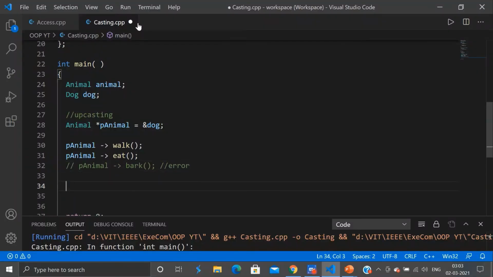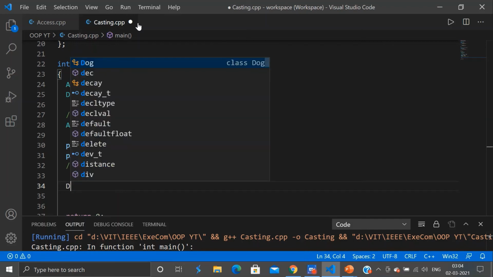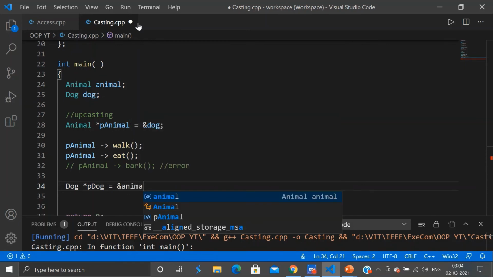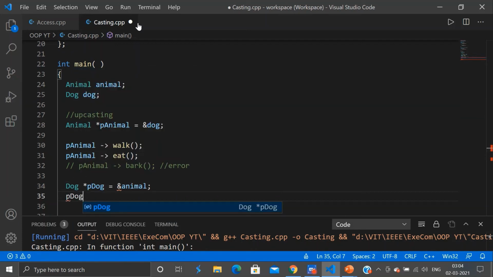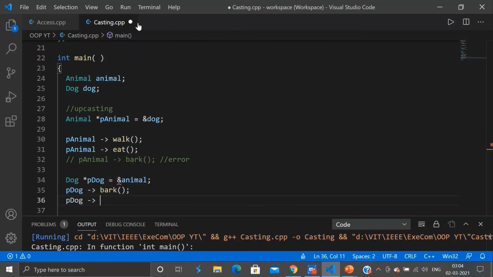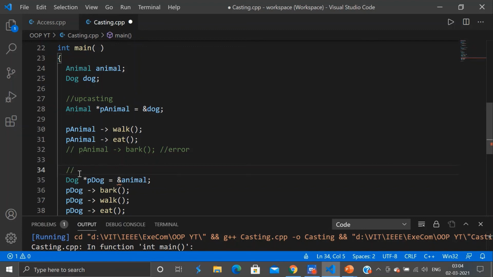So as mentioned earlier, we are always specifying the type that we are downcasting to, and not doing so would result in a compile time error. So if I just try to refer my child pointer to my parent object without specifying the type, so I'll just write animal, and then if I call my methods, which are bark, walk, and eat, so this is downcasting.